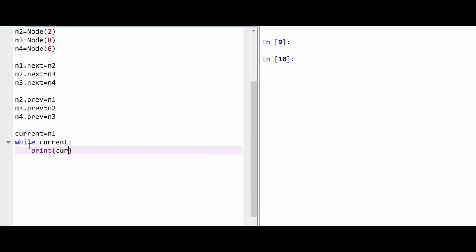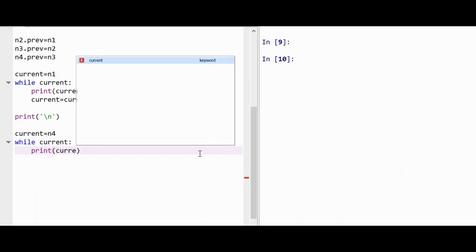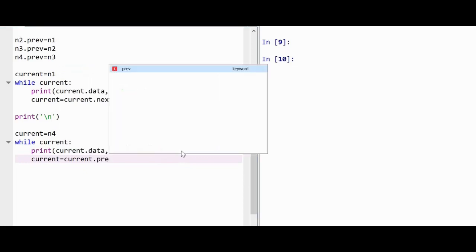Printing in forward direction is same as what we did in singly linked list. In the case of reverse direction, first we need to point current to the last node of the linked list. After that, for each iteration, the current should point to the previous node. So current equal to current.previous.